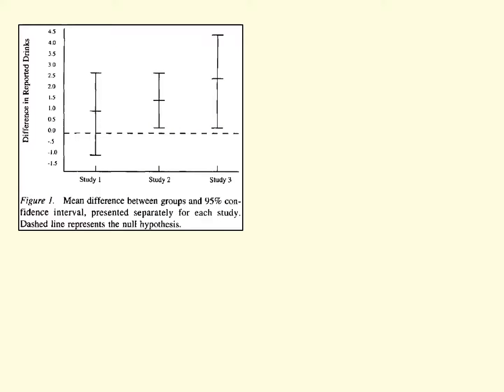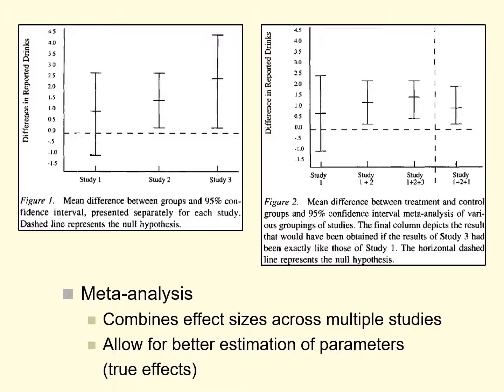Meta-analysis is a series of techniques that are useful for combining the results of different studies so as to more accurately estimate parameters, like the effect of one predictor variable on an outcome variable, or equivalently, the difference between two groups in the population. There are two figures here, of course. The one on the left is showing 3 different studies that are run on some sort of an effect, and you could imagine that if these are reported independently of one another, you might get the impression that, well, the